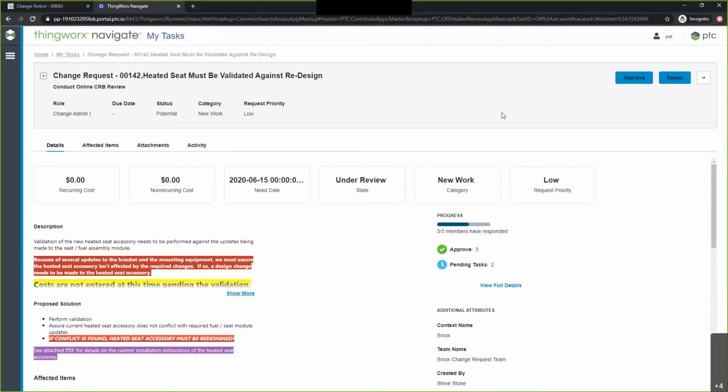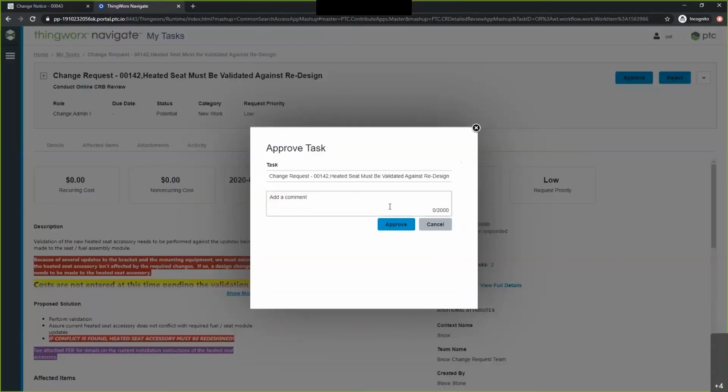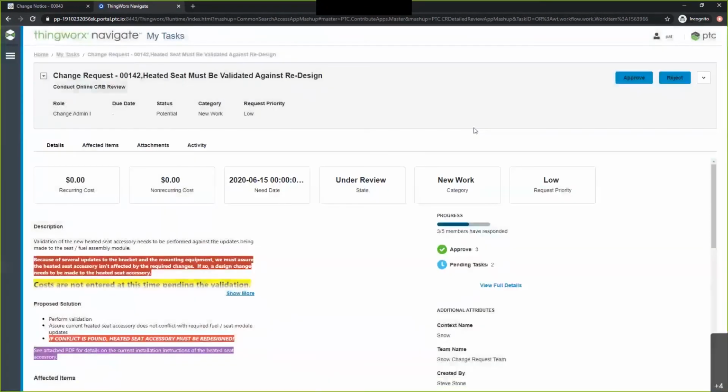Once you've reviewed all of that information, you can really have impact in this process by giving those users the ability to say yes or no, there is a problem, or yes, this is fine, and put in some comments. And as they do that, it will kick off the next step in that workflow from the Windchill side,